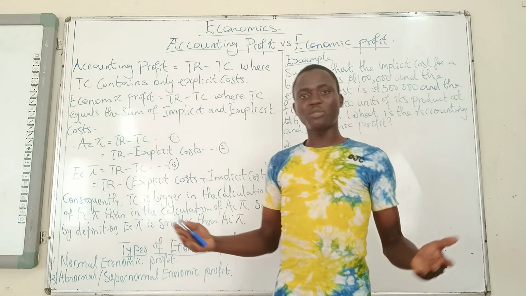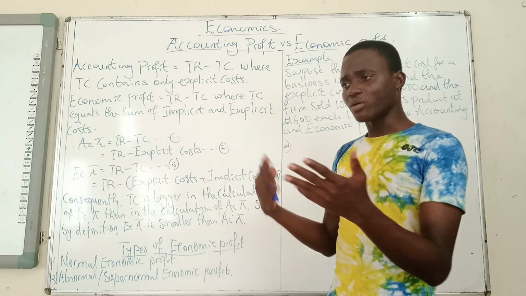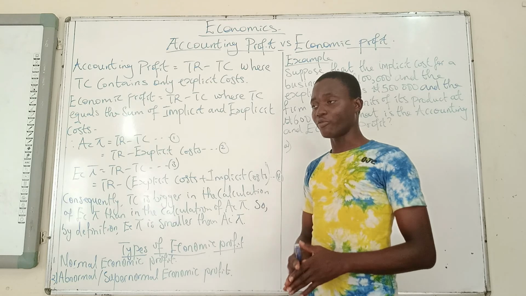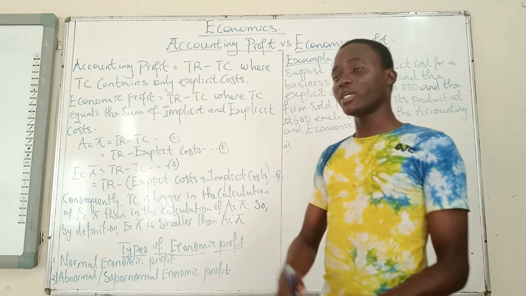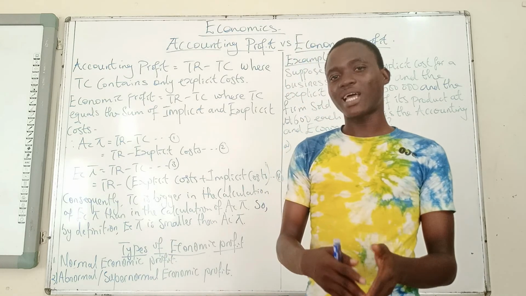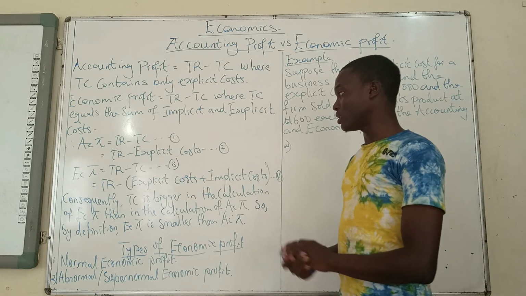So the firm is still doing reasonably well. Based on whatever is on the ground, maybe you should just continue producing. But normal economic profit is telling you that you're not making a profit, you're not making a loss. Because when an accountant comes, for example, as we showed in one of the examples above,